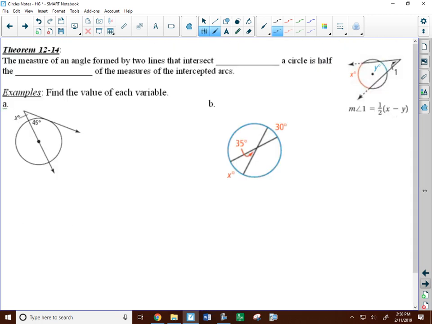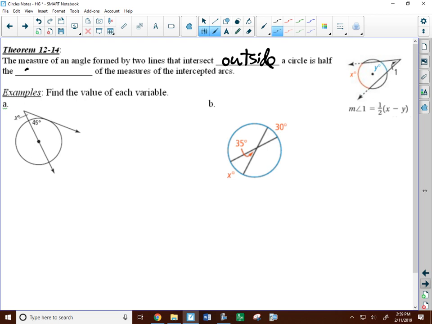Let me move on and talk about the second theorem, and then we'll do some examples. The second theorem is what if the angle is outside? You have to have some secants or a tangent outside a circle. The measure of an angle formed by two lines that intersect outside a circle